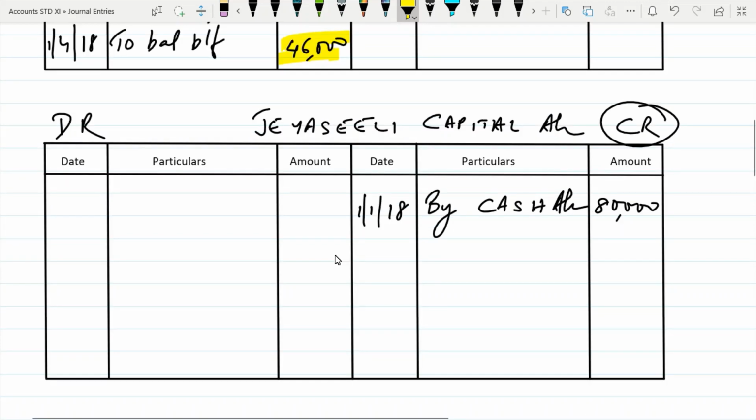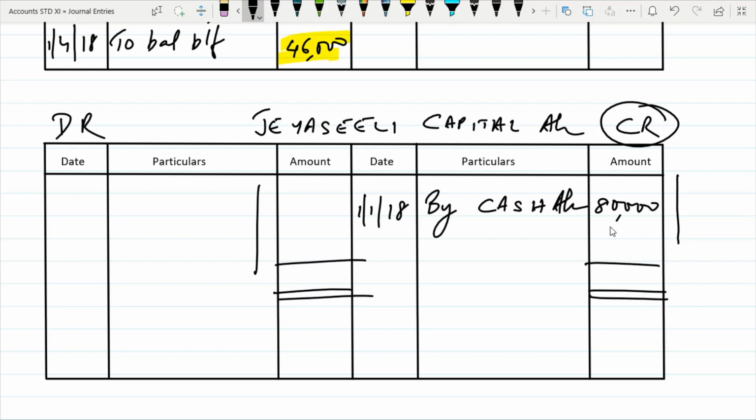Now again, I shall just tell you this single one, the rest you can learn by yourself. So again, which side is higher? Here there is anything written? No, nothing is written. So which means credit side is higher. So what will come here is whichever side is higher. So 80,000 will come this side. So the same figure, whatever comes here will come here again. So 80,000. So now this figure here is 0, right? So now in order to come to 80,000, how much do we have to put here? 80,000. So this will be to balance carried forward.